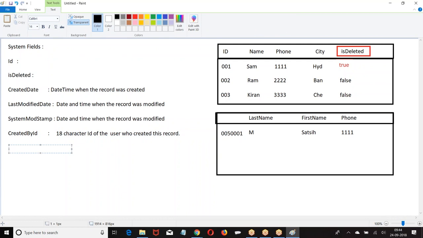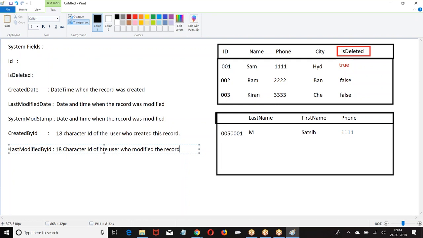Then Last Modified By ID: the ID of the user who modified the record last. The user who modified this record, his ID will be stored. The user who created this record, his ID will be saved.